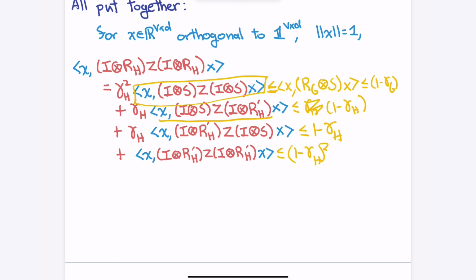So I get gamma h squared times 1 minus gamma G plus 2 gamma h times, I hope we land the plane, 1 minus gamma h plus,